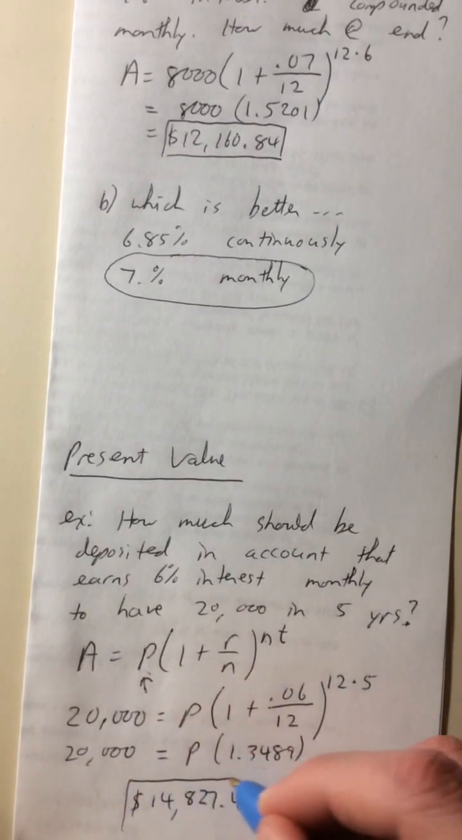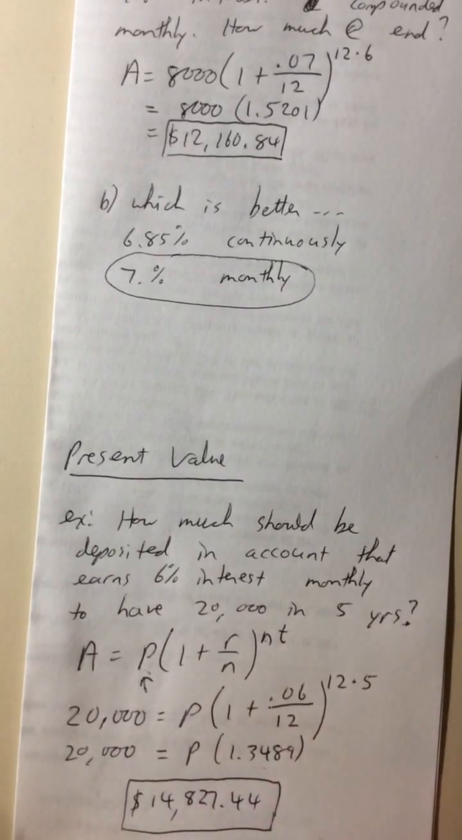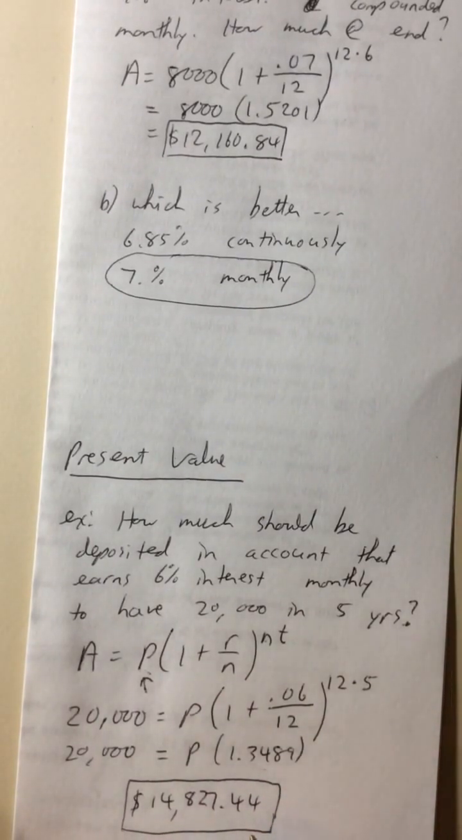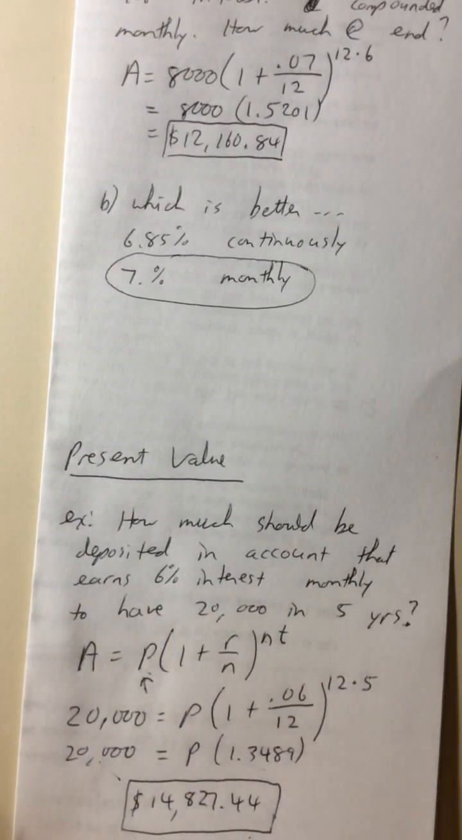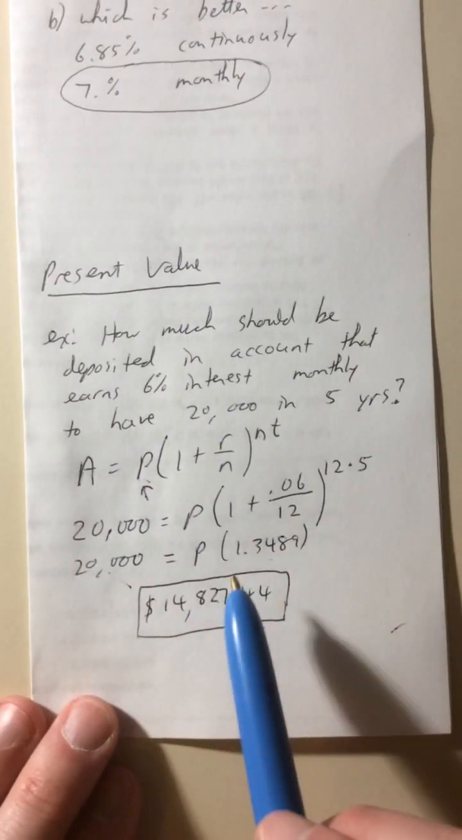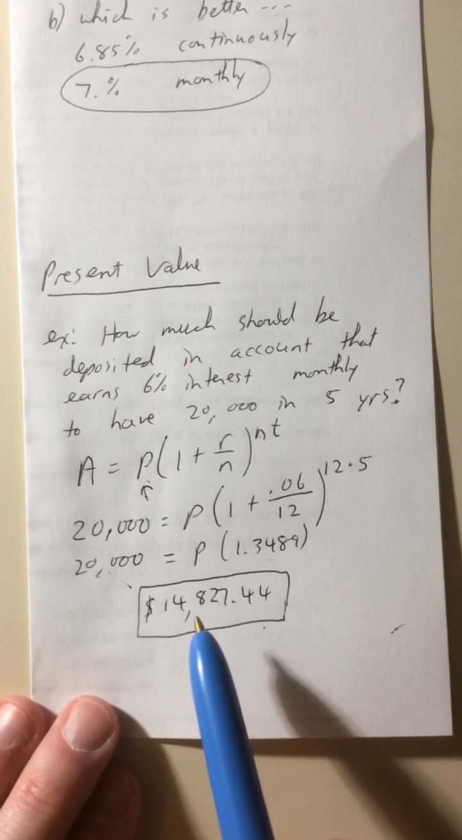So if we invest $14,827.44 for 5 years at 6% interest, we're going to have that at the end. And you can see a little foreshadowing here, because what we want to do eventually,